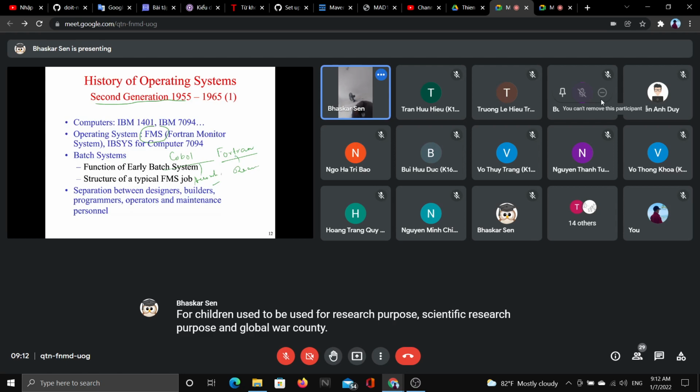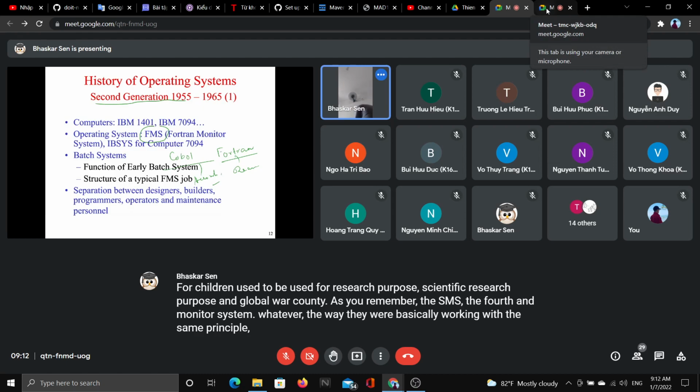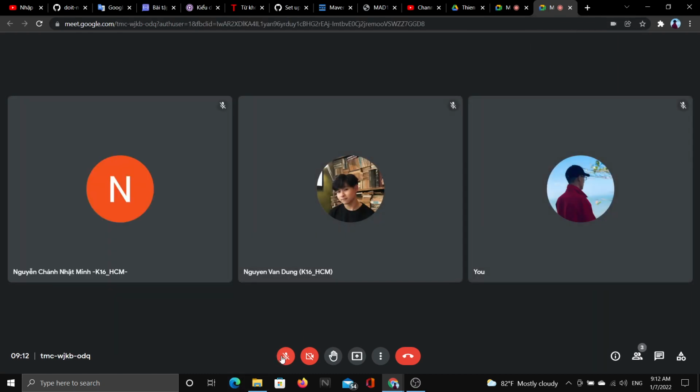I still remember the FMS, the Fortran Monitor System. Whatever they were, they were basically working with the same principle. You start a process, and you have to wait